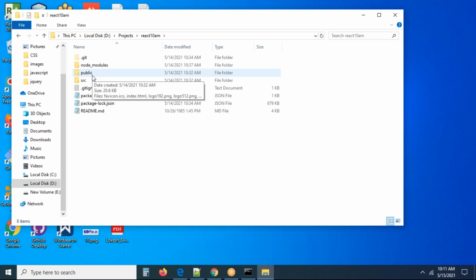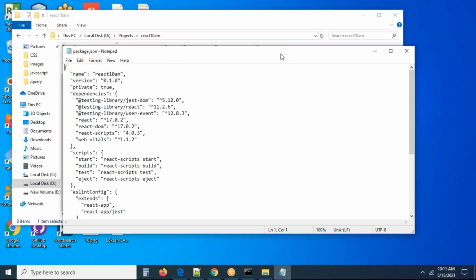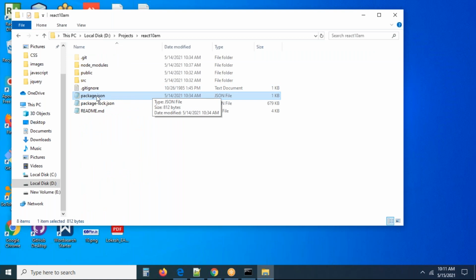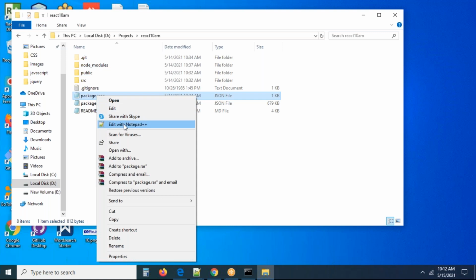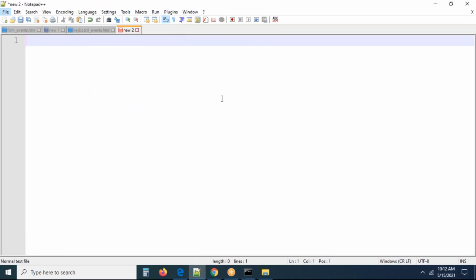Here we are able to see a very important file called package.json, which contains all the packages which we are using in React.js. This is the main file. If you install any package, the package will be updated in this file, guys. This is called package.json.